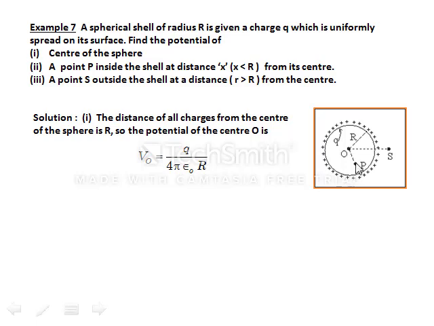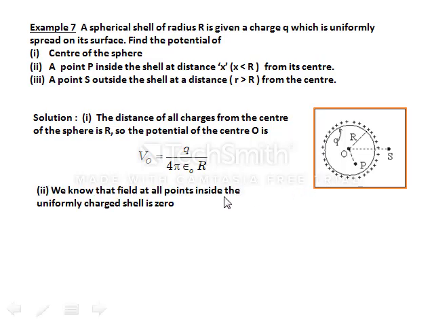potential at P. While studying Gauss law, applications of Gauss law, we found that the electric field inside this uniformly charged spherical shell is always zero. Field is zero, it means the potential at all points is the same, it does not change. Or just see it some other way: if we want to calculate the potential difference between P and O, Vo minus Vp is the electric field E into the distance OP, but the electric field is zero. So Vo minus Vp is 0, Vo equals Vp.